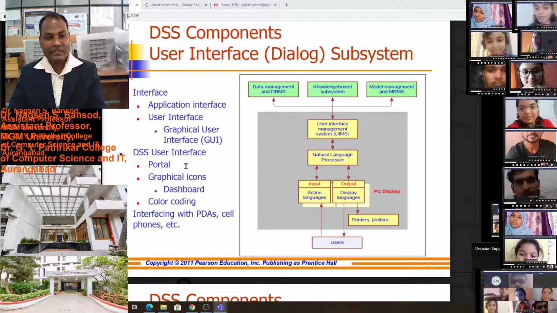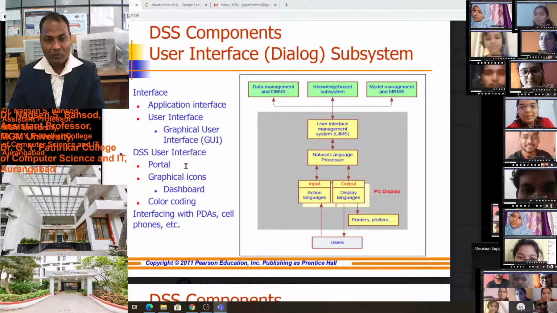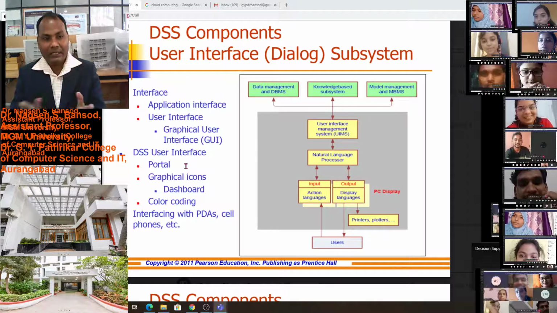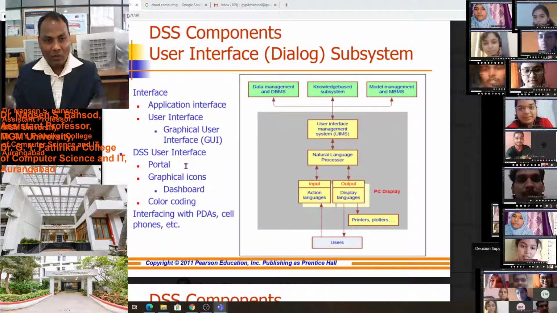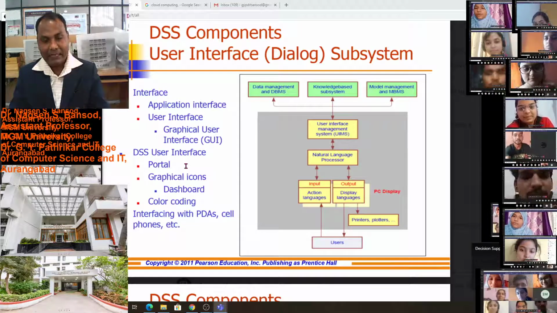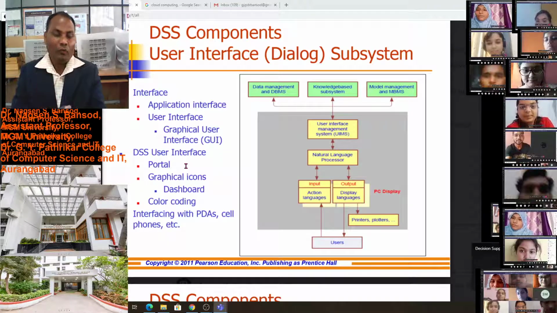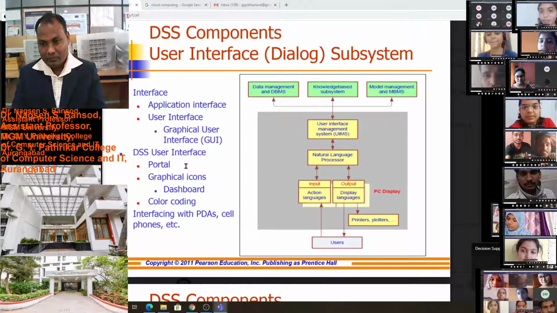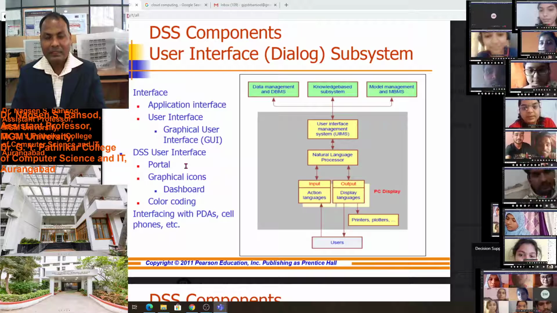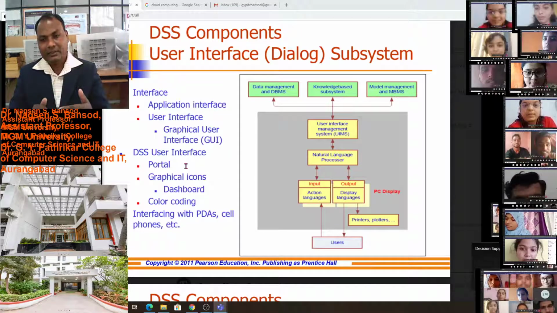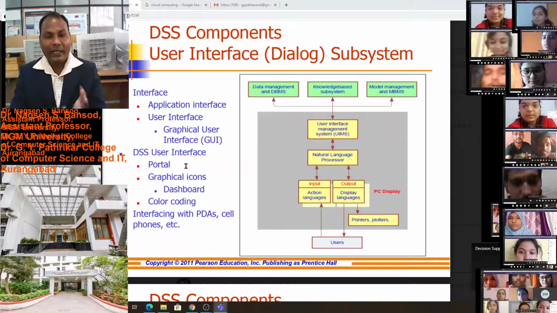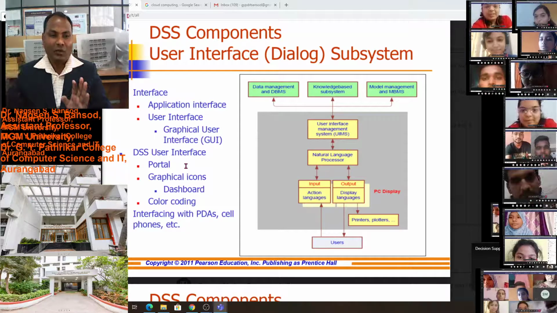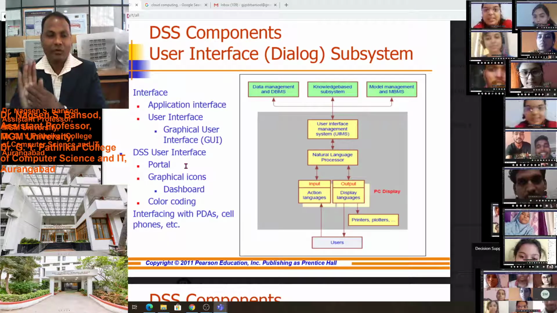DSS user interface through a portal. Suppose you have a website and a portal; there is a little difference. In a website all the information is connected. In a portal, a specific task of the website may be there. Suppose we have bank software, and inside it there are a huge number of applications, like loan, deposit, transactions, and all online transactions. For special online purposes, we can design a separate portal.